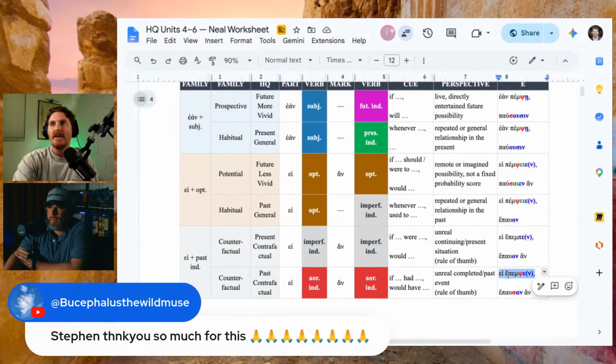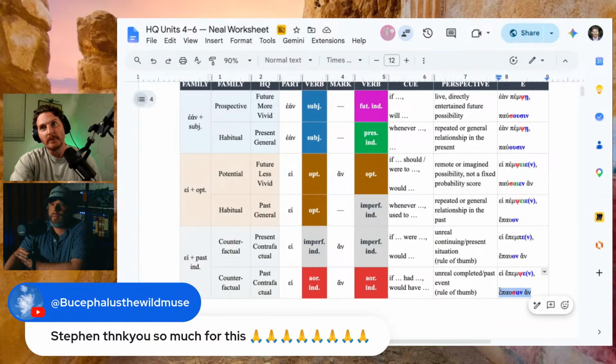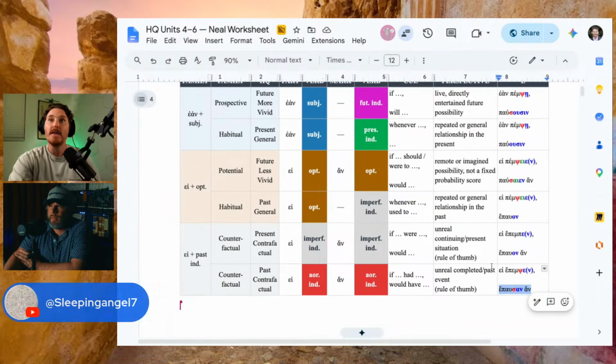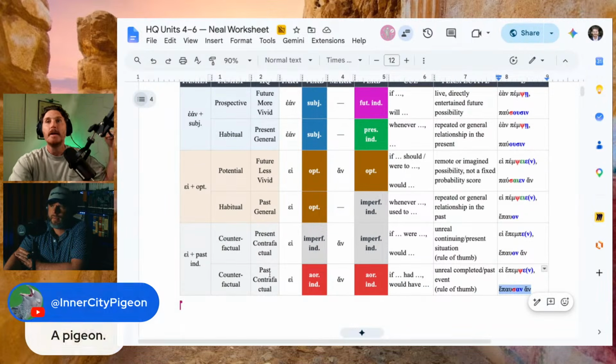So if he had sent, right? That's kind of what you might say in English. Epausan on, they would stop, right? They would have stopped. They would have stopped in the past. This is a past counterfactual using the aorist aspect versus the present counterfactual using the